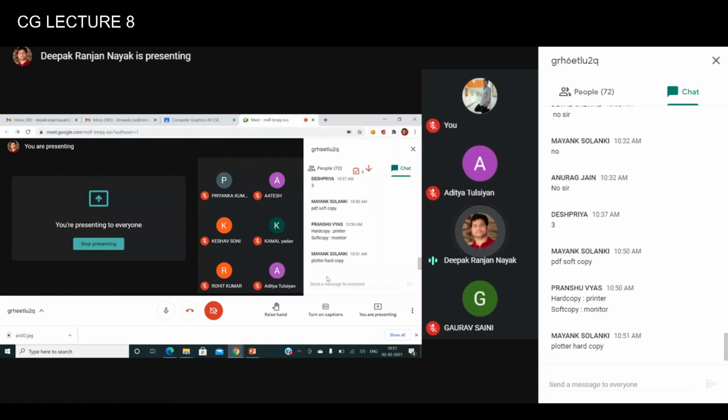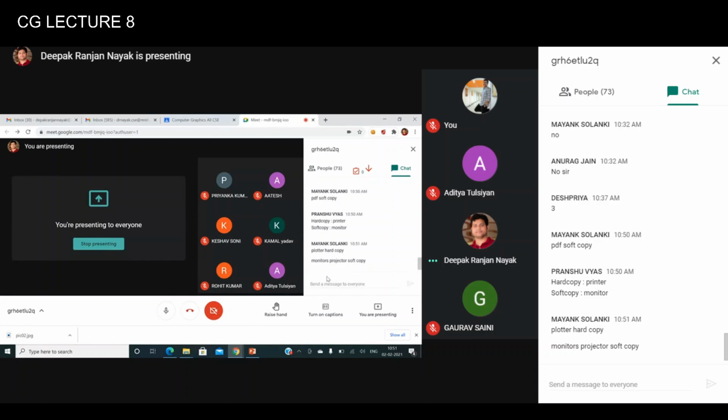Okay, plotter is a hard copy device. Any other answer? Monitor, projector. Okay.